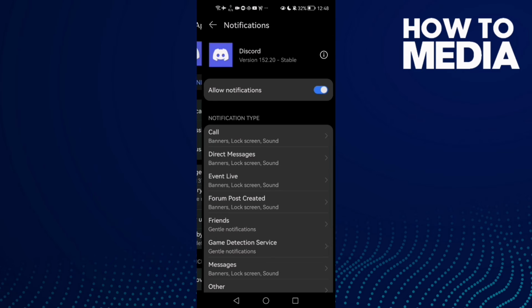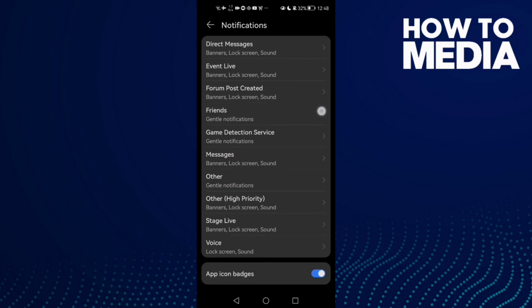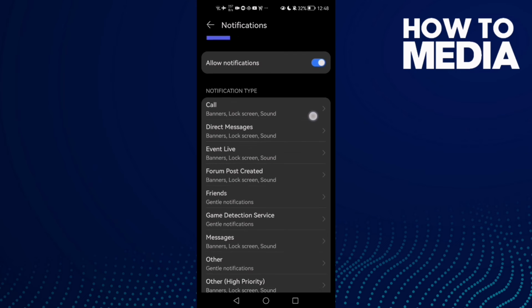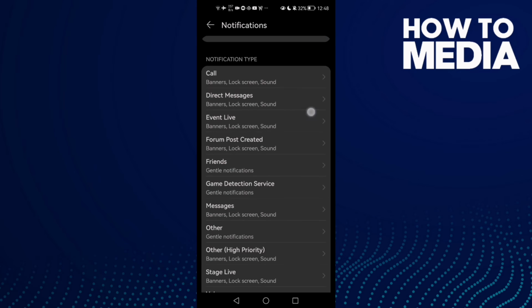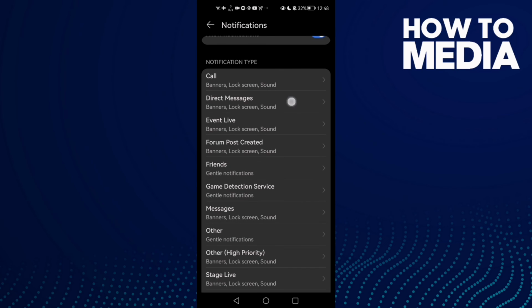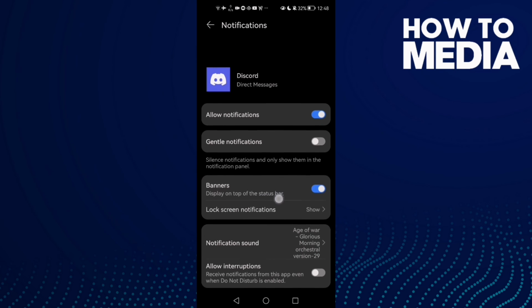Notifications, click on it, and as you see here you will find Discord notifications settings. Just manage anything you want. If you want to fix this direct messages, then just click on it and manage here anything you want, and